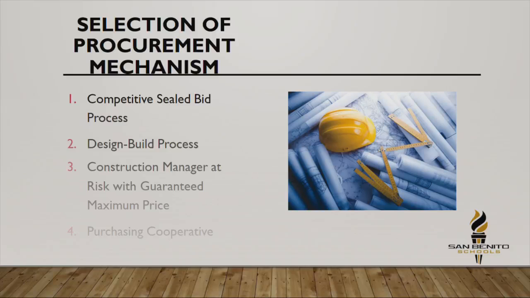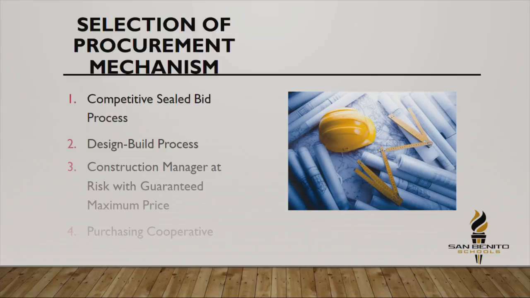So there's really only 4 possible mechanisms that the school could ever use to build something. The first one is the competitive sealed bid process, which we already briefly discussed. The second is the design build process, which we'll touch on in a second, but essentially that means you pick one team. One team shows up and they've got their contractor, engineer, everything. So it's a one-stop shop and they're gonna deliver the whole product. It's a turnkey. You know, that's the term, turnkey. You just hire that one group and hope for the best that they're gonna get it done.